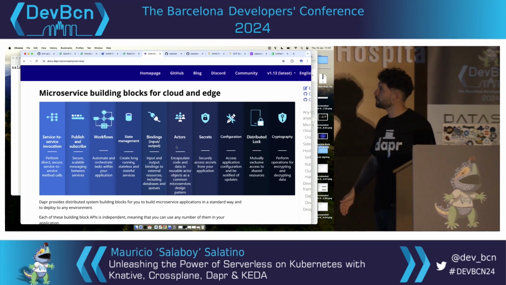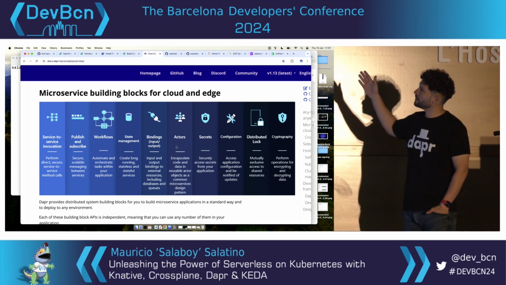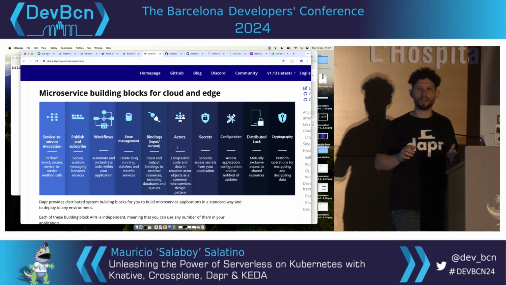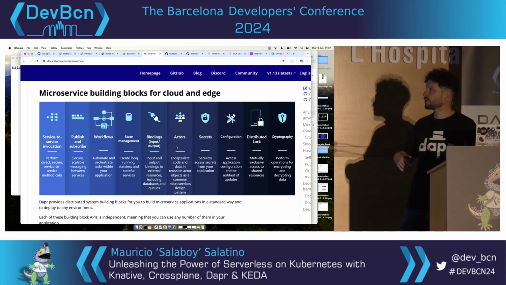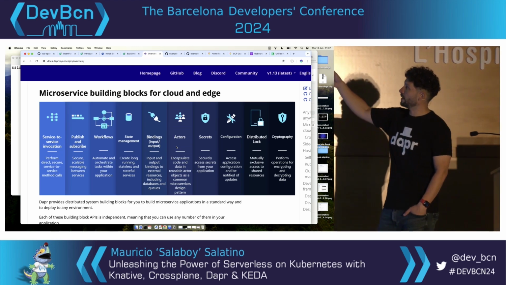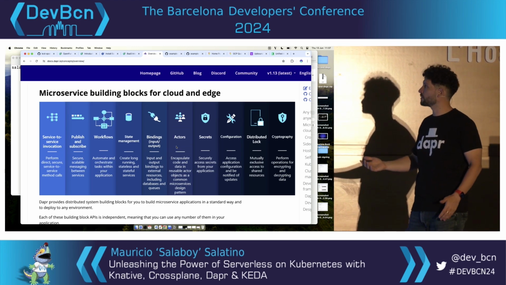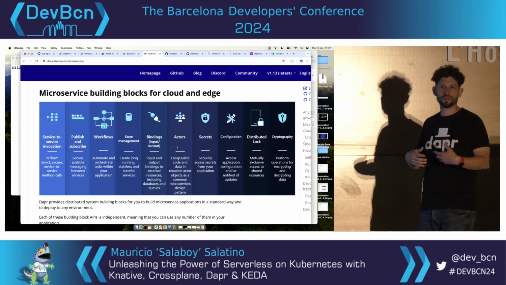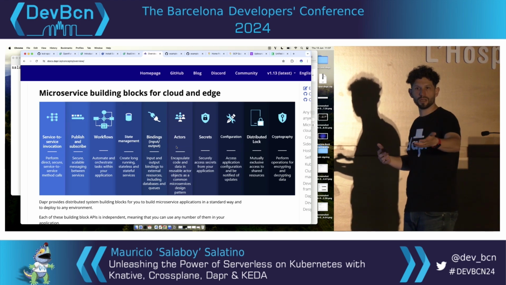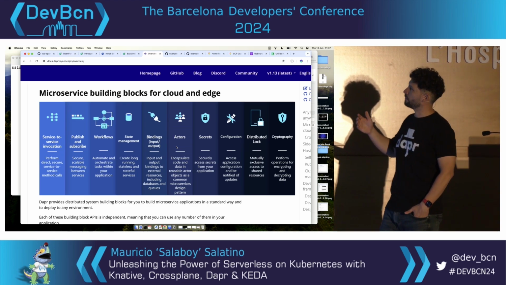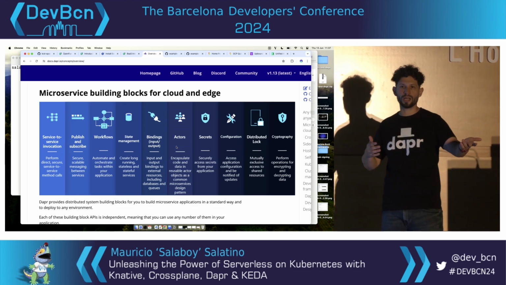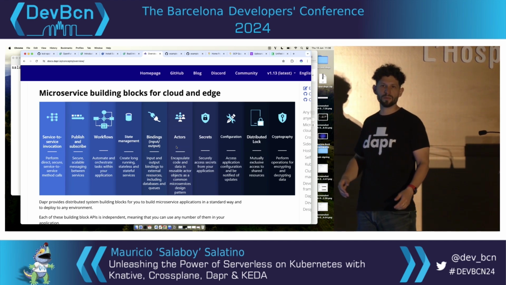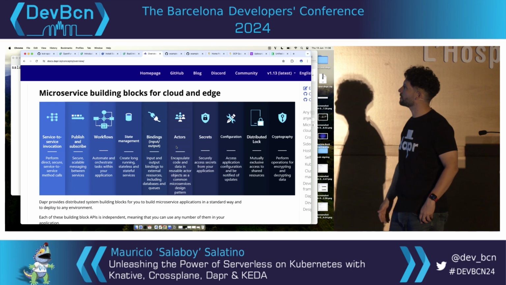These building blocks go from very basic stuff like doing service-to-service invocation in a resilient way, with retry mechanisms, circuit breakers, and all these things. And then stuff that is very common for applications to do, and that's why I was showing the application: sending and consuming messages. Most applications will want to publish and consume events, right? So instead of pushing developers to learn about Kafka or RabbitMQ, I just give them an API that they can call, so they can start creating their applications faster.